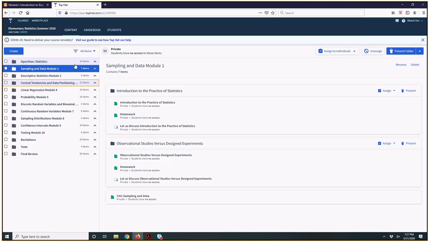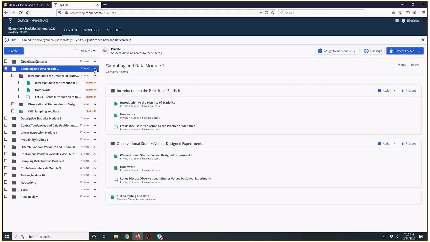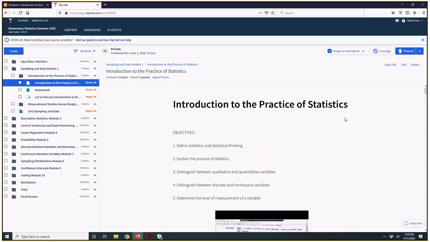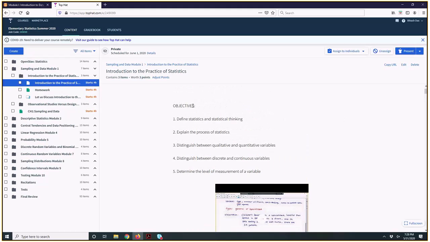The first folder at the top, OpenStax Statistics, is the free textbook. And then the second folder is actually your first module. So your first module is sampling and data. And what you'll make sure that you do is open that folder, and within it you'll find other folders. So the first lesson within the module is called Introduction to the Practice of Statistics. Then if we open that folder, there's a page